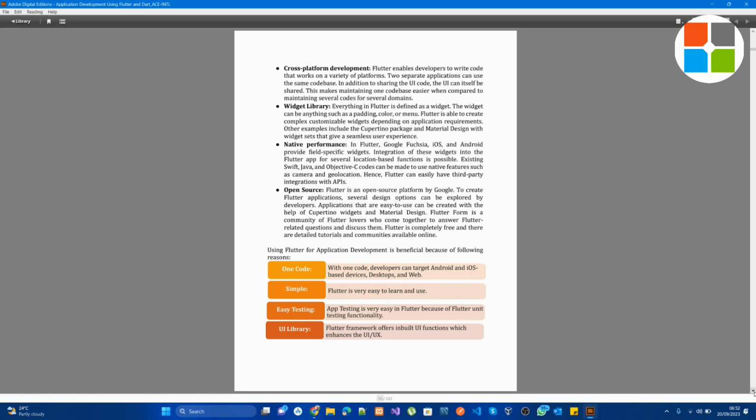Right. So other examples include the Cupertino package. The Cupertino package is what comes with iOS. You will understand this later as we proceed in this class. So the Cupertino package and the material design. The material design, if you are coming from Android development, you have done a little bit of Android, you will see that Android uses material design. When they say material design, it's just a widget set that is more compatible and friendly with Android. Then when they say Cupertino package, they are just libraries, just dependencies that are more compatible with Apple